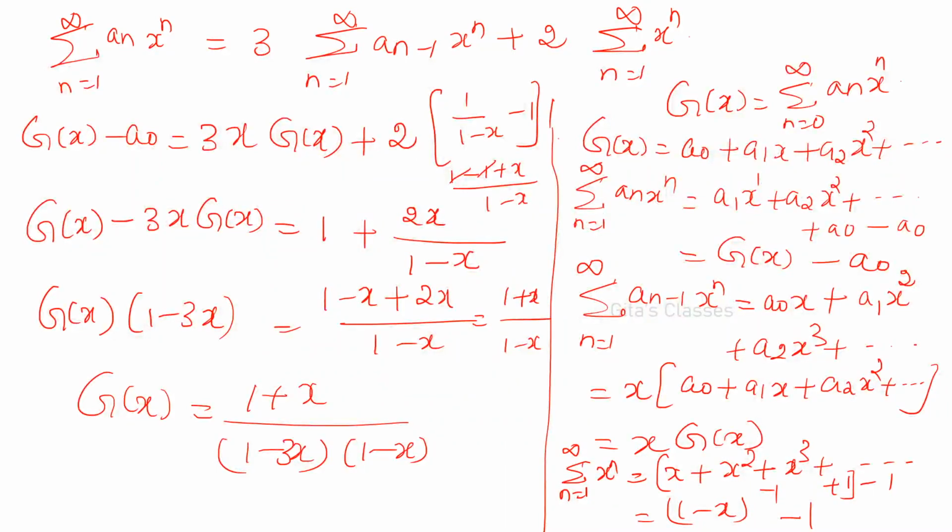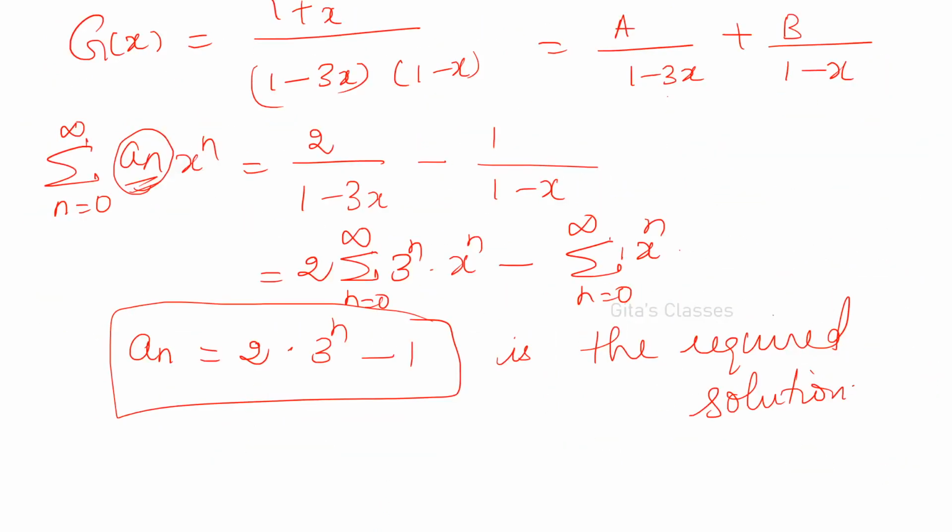Okay. And here after writing this, what you have to do is every term you try to express in terms of g of x. Then collect all the terms of g of x to the left hand side and bring the rest to the right hand side. Then simplify. Here I have explained what is g of x, how we are getting it. For this term I am getting g of x minus a0 and so on. Okay. Please go through that class if you want a more detailed explanation. Okay. So this is the answer. After this, g of x is collected in the left hand side and all the other terms are brought to the right hand side and simplified.